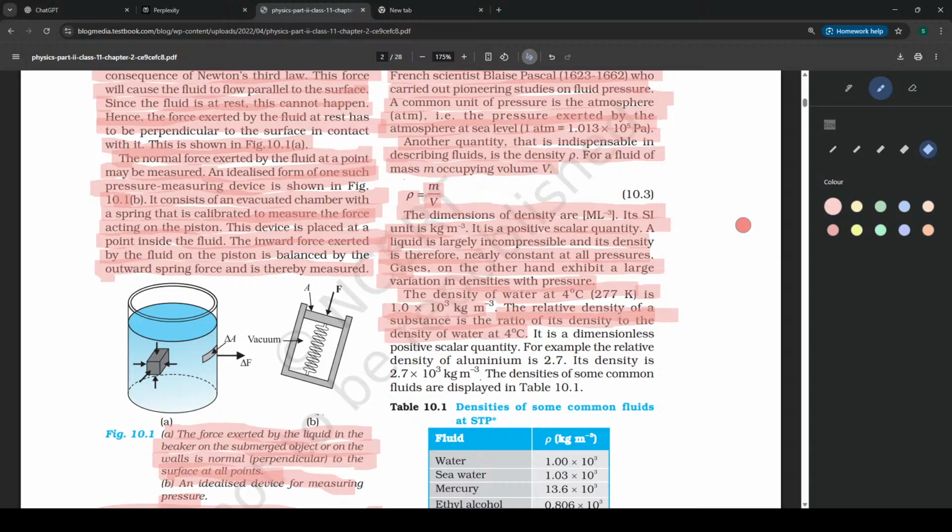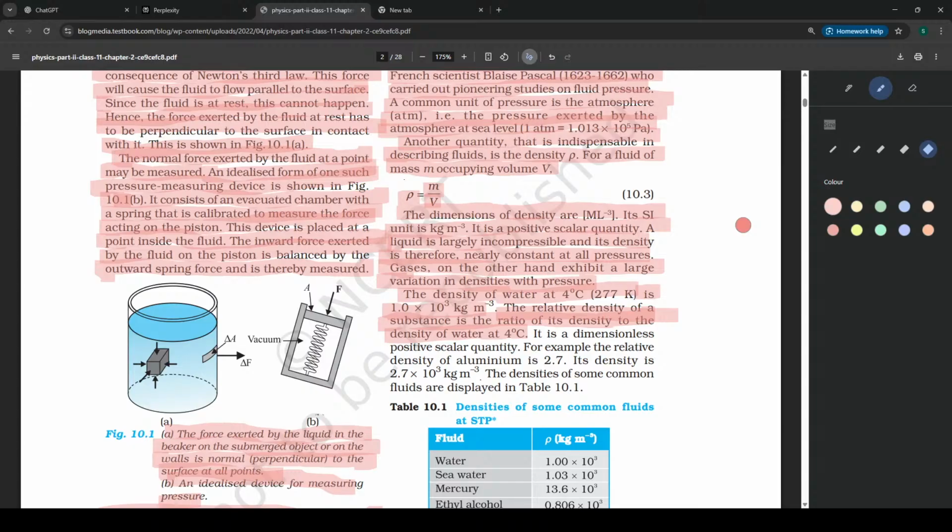This can be seen as anomalous behavior of water, where from higher temperature till 4 degrees centigrade, the water will continually increase in density. Basically, it will contract. But from 4 degrees to 0 degrees, it will rapidly expand in the ice form. This is the anomalous behavior of water, which we will see later in thermal properties of matter. For now, the density of water at 4 degrees centigrade or 277 Kelvin is used as a standard, and it